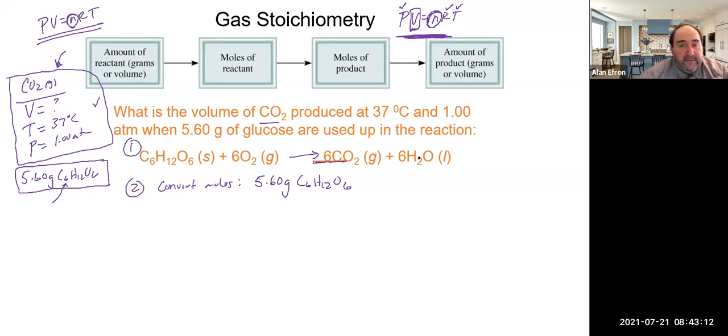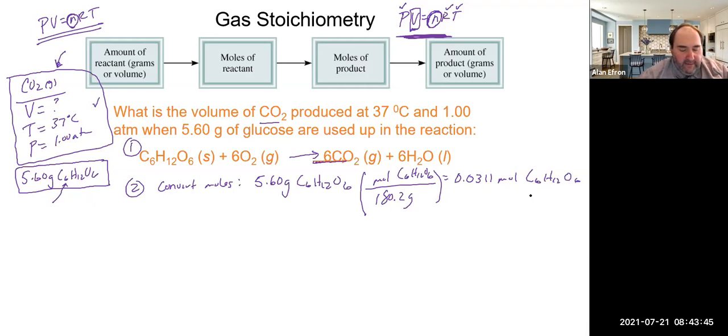That gives us a molar mass of 180.2, we'll call it. So we're going to divide by that number, 180.2 grams per mole from the periodic table. That will get us 5.6 divided by that, which gets us something like 0.0311 moles of